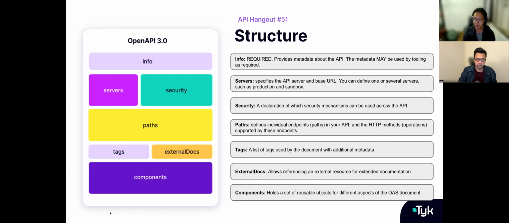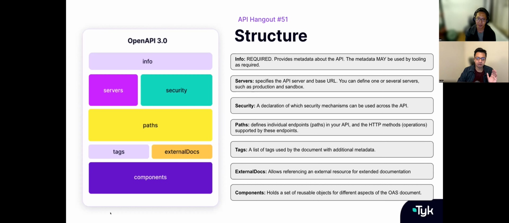We then go into components. This is essentially a very crucial element of your OAS document, because it holds a set of reusable objects for different aspects of the OAS document. It enables you to not have to rewrite the same piece of code over and over again. Think components, think smaller pieces that can be reused across your entire OAS document.